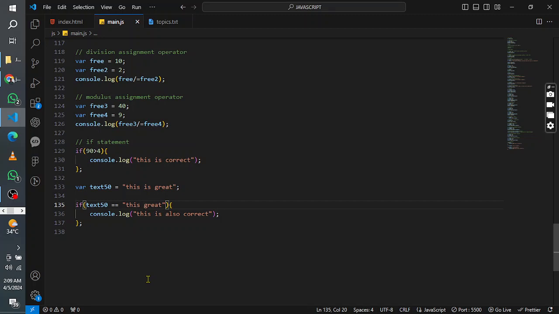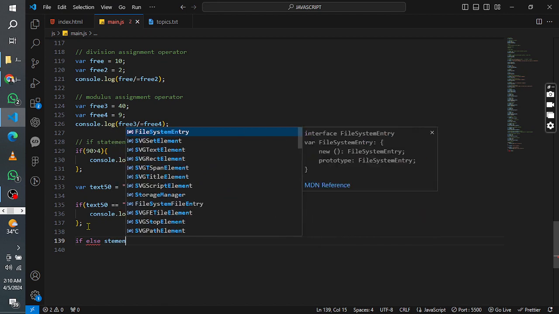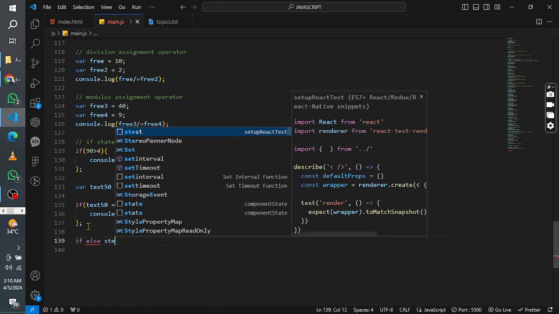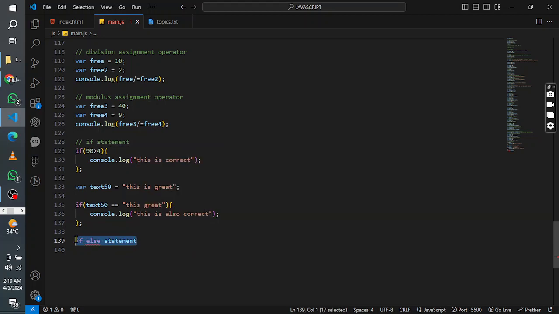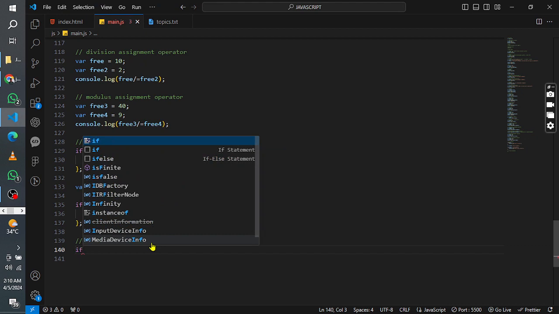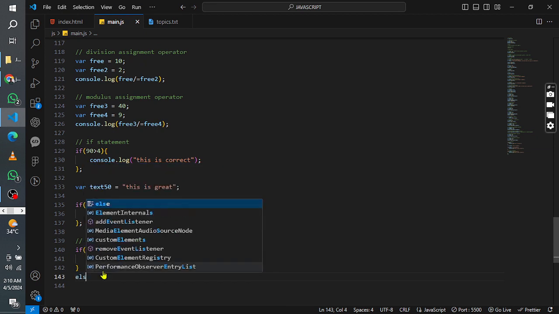So we can also add else in the statement. So I can say if else statement. I put something like this. I can say if it's not, let me just copy all this out. So the else statement is added after the if statement. Okay, else